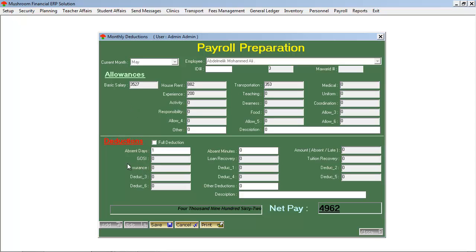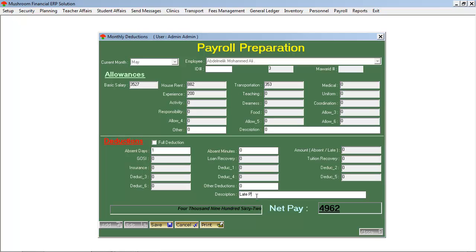So coming back to what we were doing, we wanted to deduct an absent day from one employee whose name is, let's say for the sake of example, Abdul Malik. His ID number is 3, and we want to deduct 1 day of salary out of this person. See what happens. If you try to save it, the system is going to block and say that no, you need to put some kind of description with what you have been asked to deduct for. Without getting an error, let's deduct this 1 day and put something in the description. Let's say we will say